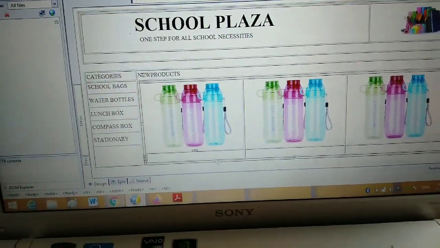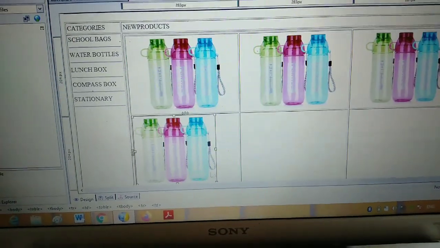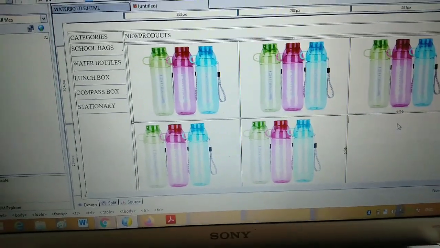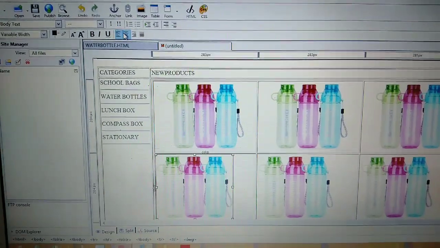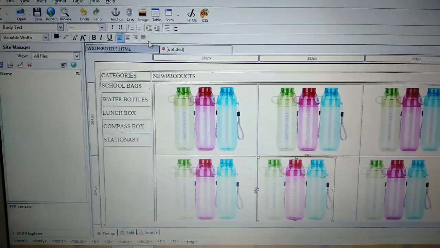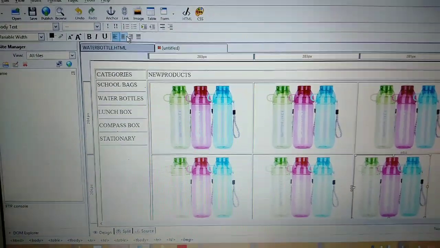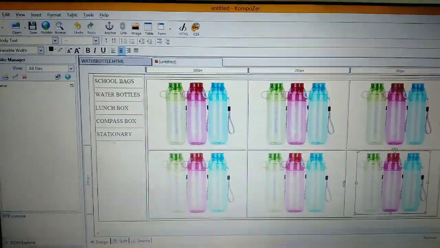Now in my fourth cell, paste, fifth cell, paste, sixth cell, paste. Select center alignment. You have to choose center alignment for all pages. Now our home page is ready.